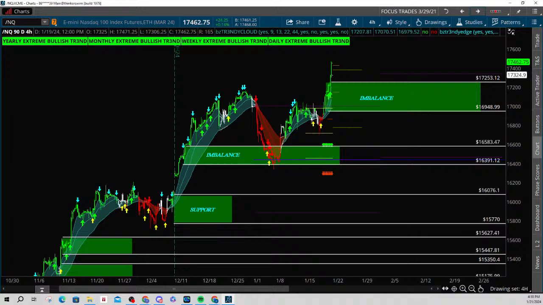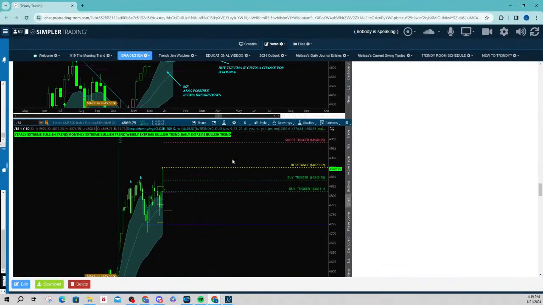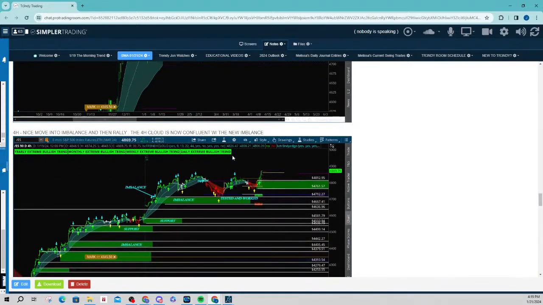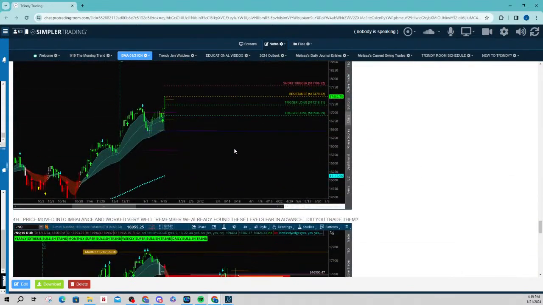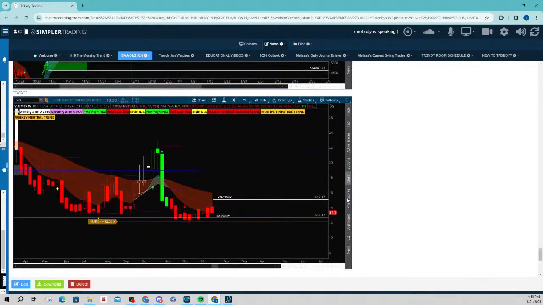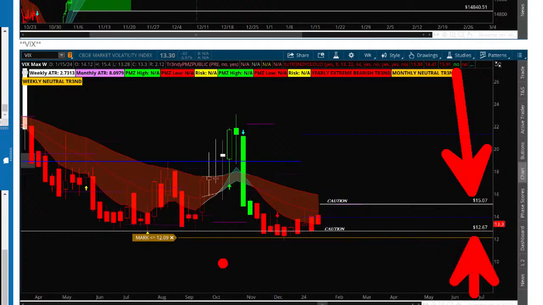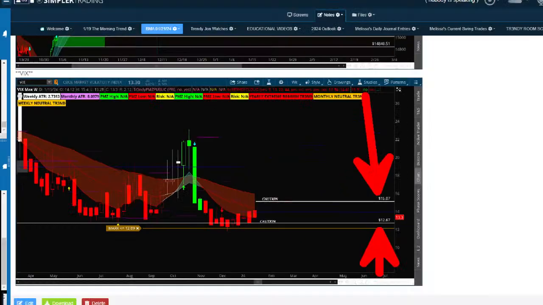I want to show you one thing before we get off of here, because I do find that it is important. So we're going to come down here just like this, and keep scrolling down. Here's the VIX. I changed the cautions for this week, so please take note: $15.07. Yes, I'm one of those guys, kind of particular. And then $12.67. If we reach either mark, I would expect volatility to hit the market this week.